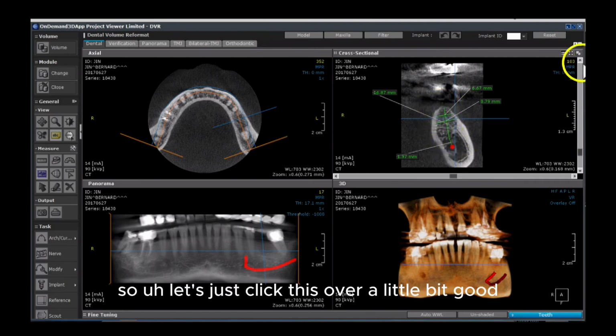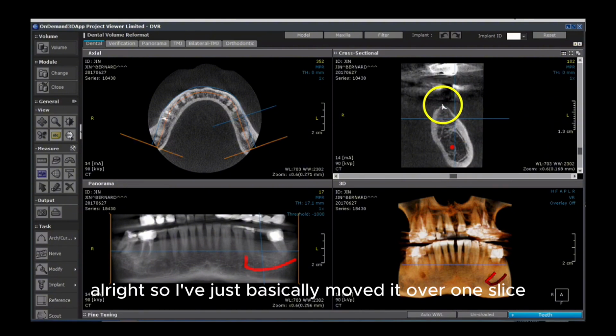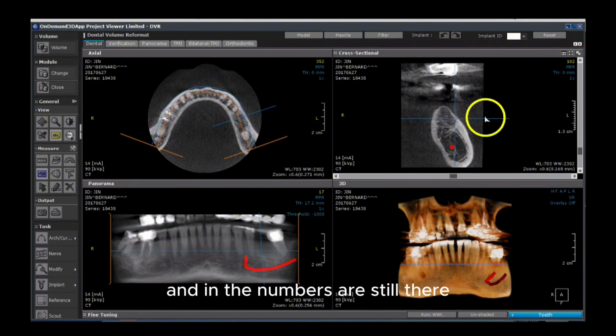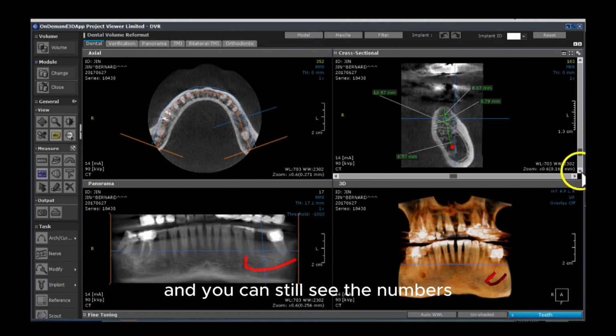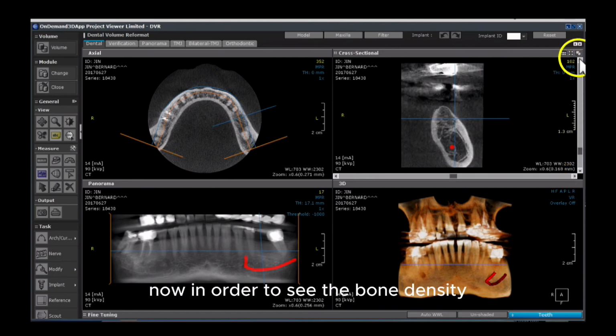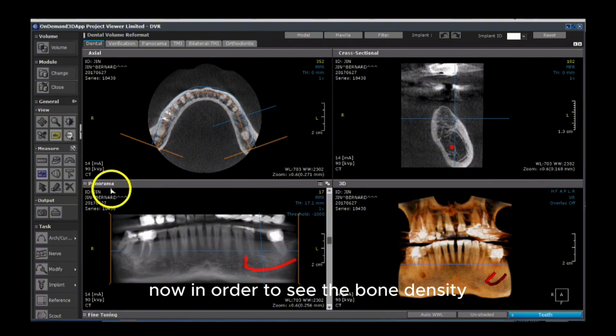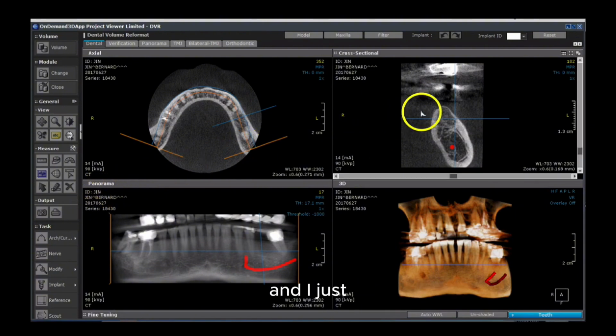So let's just click this over a little bit. Good. All right, so I've just basically moved it over one slice, and the numbers are still there. I can always come back to it and you can still see the numbers, but I've just moved it over one slice. Now, in order to see the bone density, the relative bone density, and I want to qualify, when